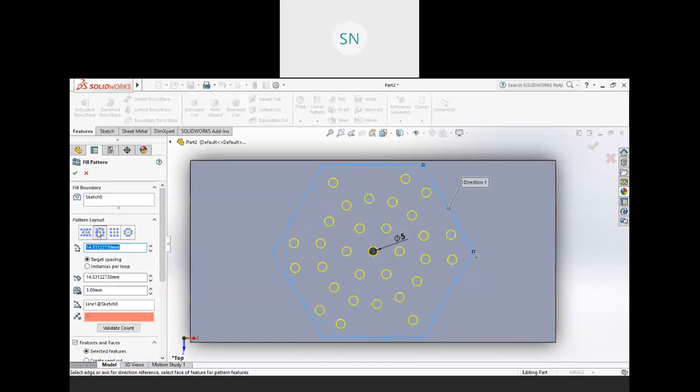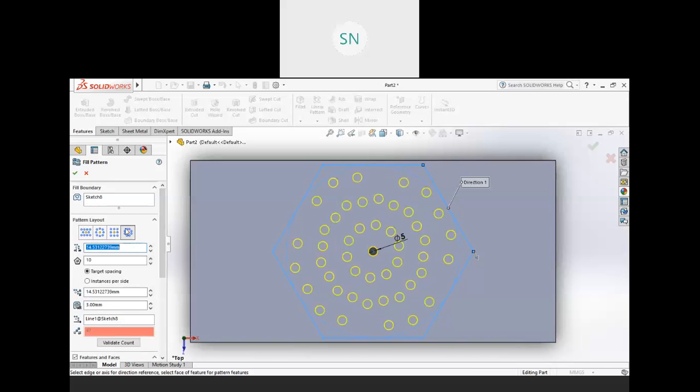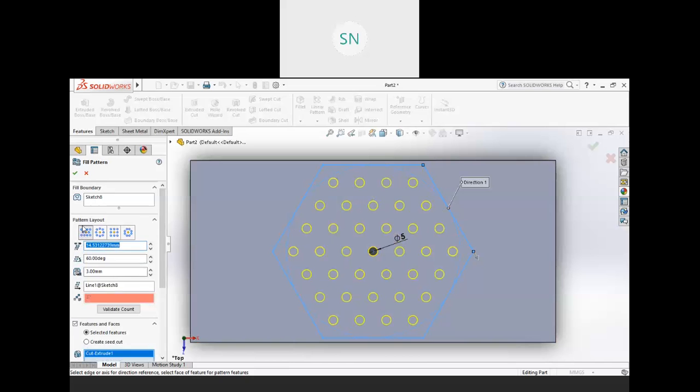Other patterns also we have. This is a circular one, this is a square pattern, and a polygonal pattern. So these are the 4 types of patterns we have. Let me discuss this perforation pattern. In the perforation pattern, you will get 6 elements around every element at equal spacing, right? You will get 6 elements around every object. So that pattern is known as perforation pattern.